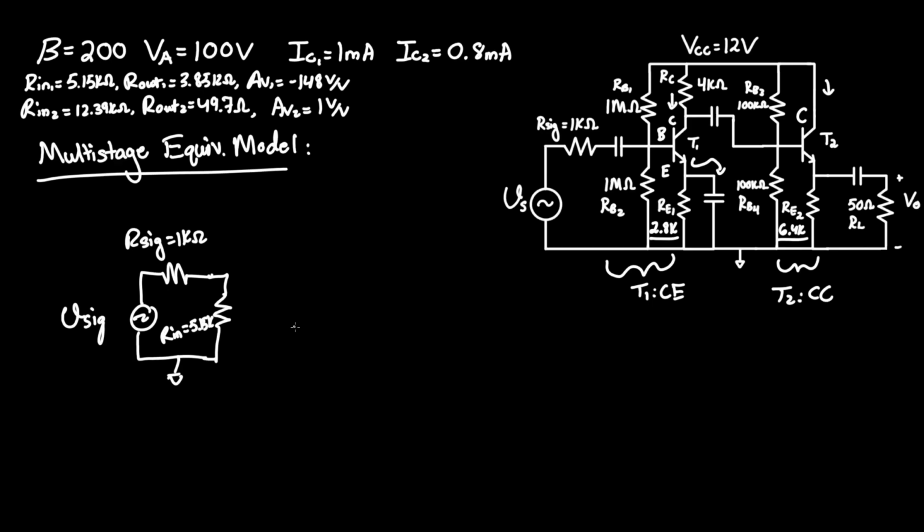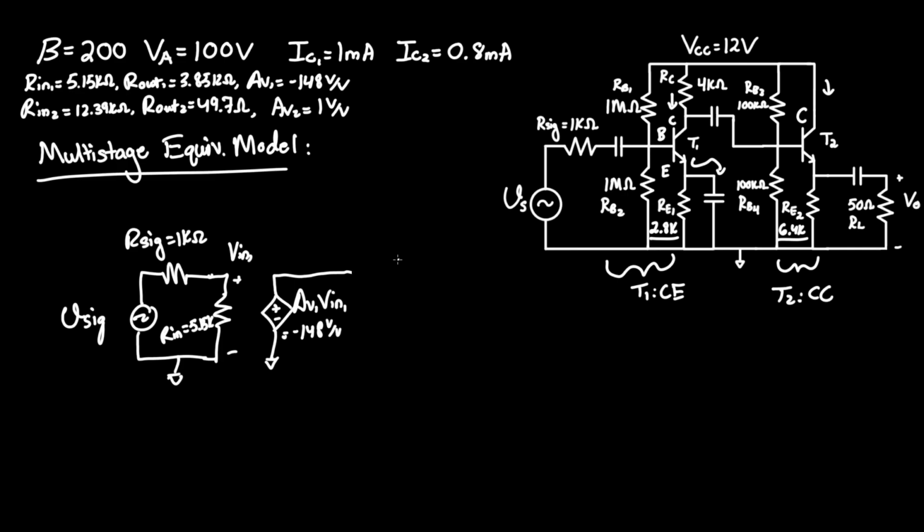And now we're looking at the amplification of the voltage drop potential, which is Vin1. And now it is a dependent voltage source, so we're going to have to use the plus minus. We can ground that, and we will call this AV1 Vin1. We know that that is equal to negative 148 volts per volt